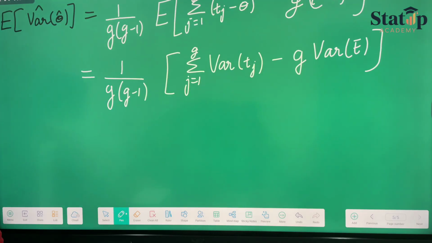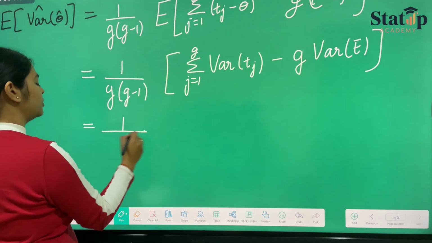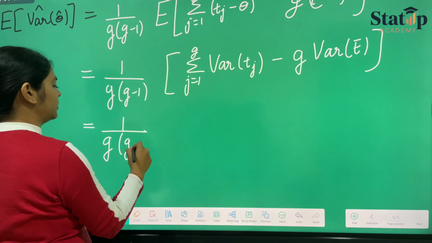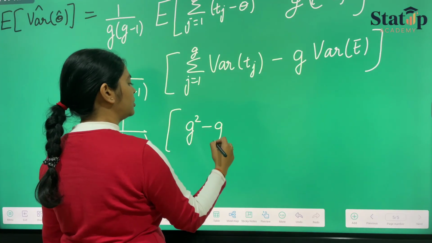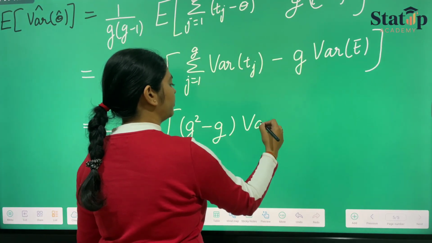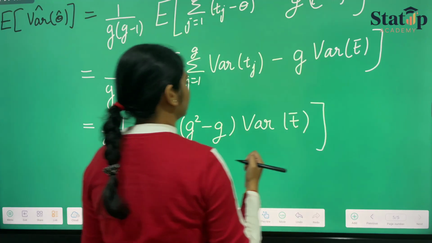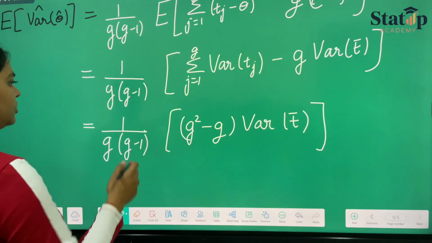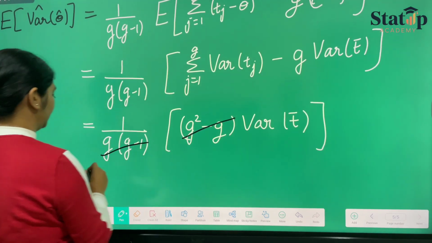You can see it clearly. Now we can write it as 1 upon g minus 1 into g square minus g variance of t bar, and this g square and g get cancelled and we get variance of t bar,